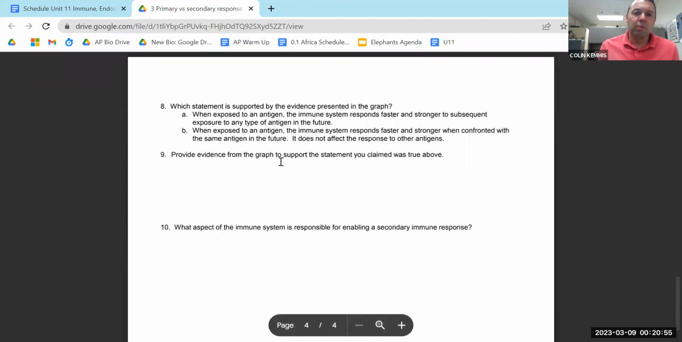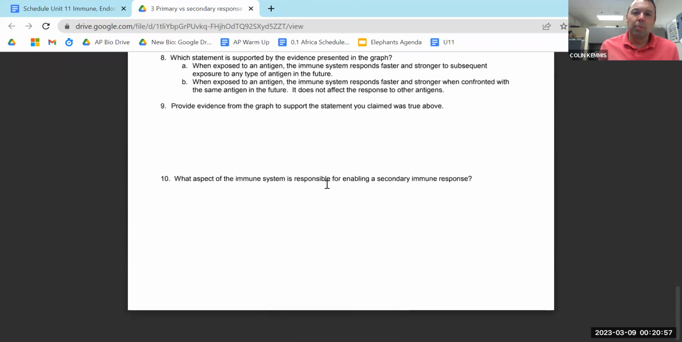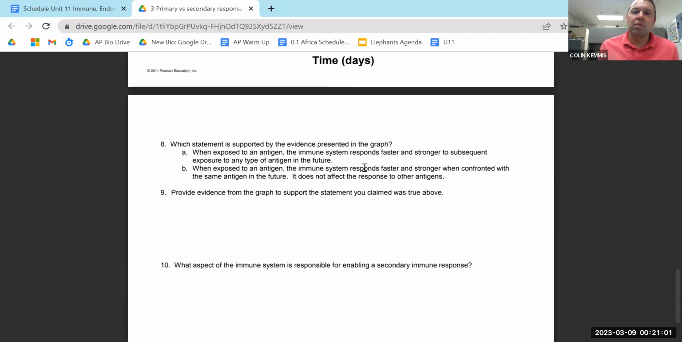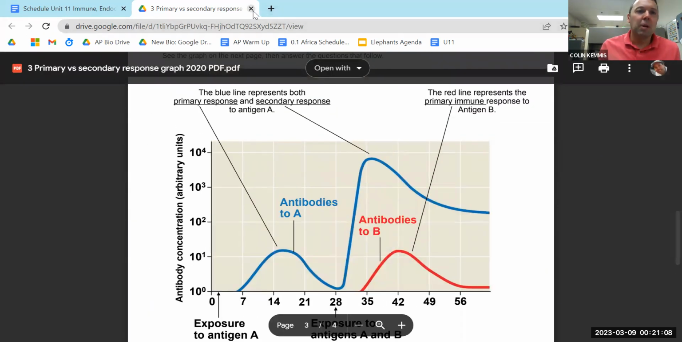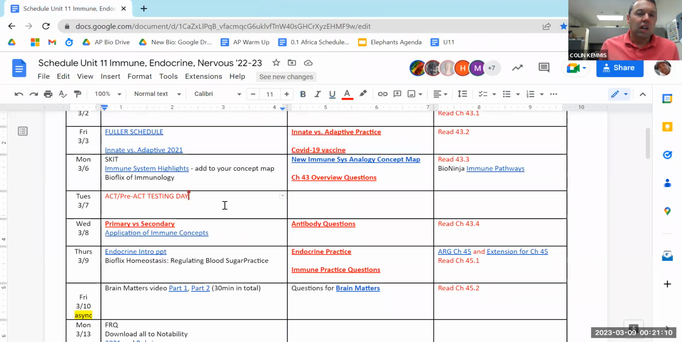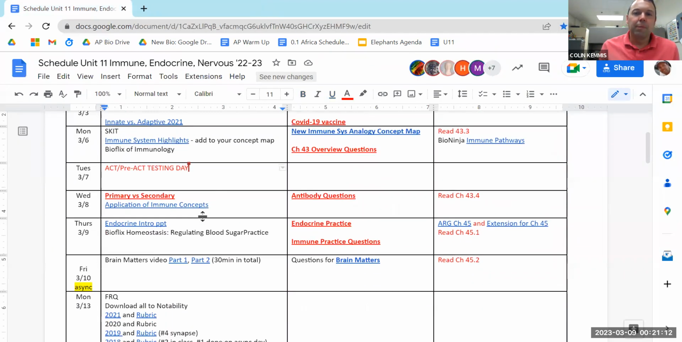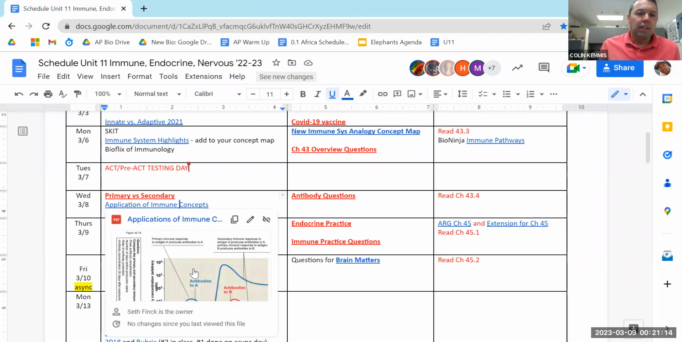So make sure you give accurate numbers here and know about primary and secondary immune response, and then differences between antigen A and B. That one shouldn't be too bad. And then turn that one in here. And then